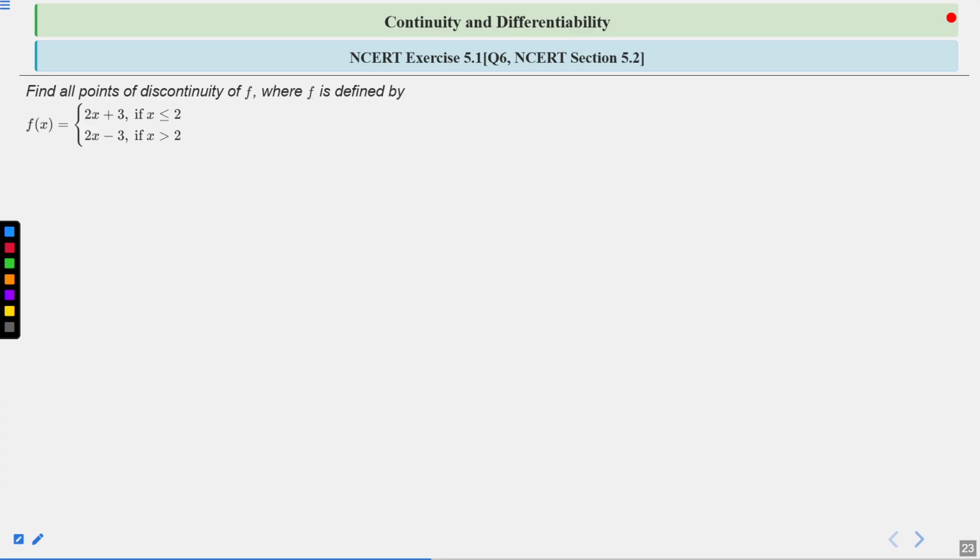So, how can we solve this? Again, we will check the limit. We have to basically check for the continuity. So, here, f can be discontinuous at x equal to 2, right? So, at x equal to 2, we will try to check the limit. If the limit as x tends to 2 from the left is equal to the limit as x tends to 2 from the right, is equal to the function value of f(x) at x equal to 2, then we can say that the function will be continuous at x equal to 2, otherwise it is discontinuous, right? So let us check.